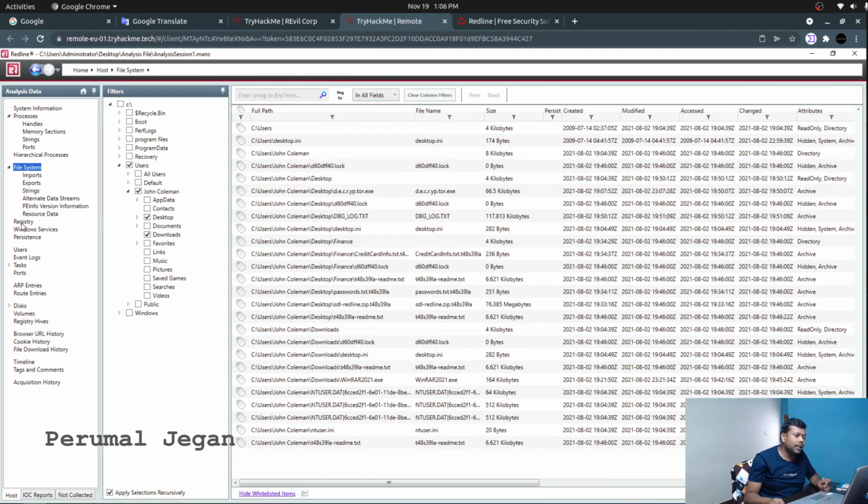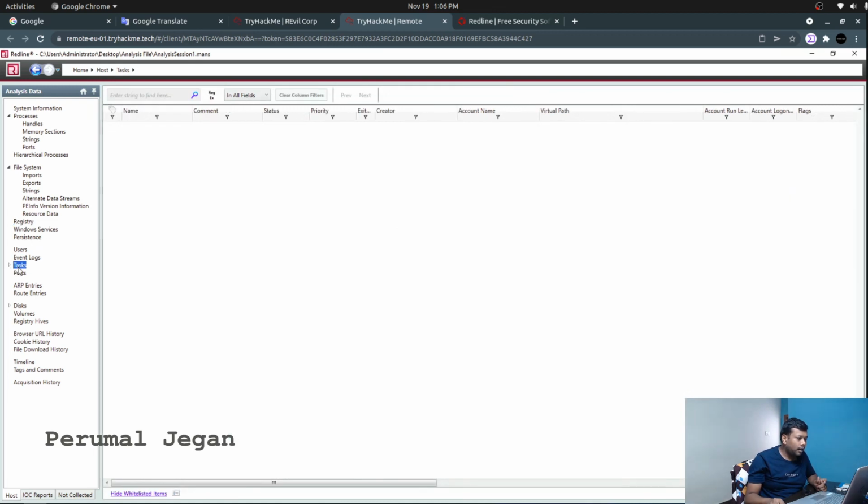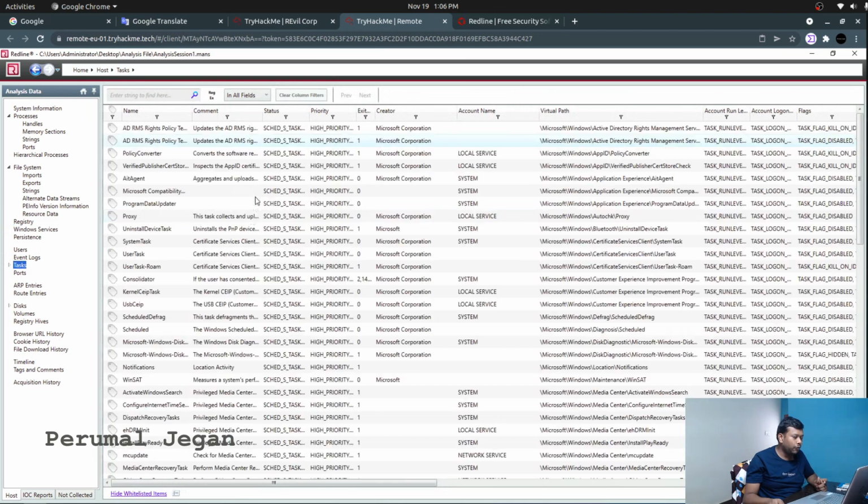Apart from that, I can see the option called registry, where we can view the changes that took place in the Windows registry. Whenever a malicious piece of software gets into the machine, it usually modifies some registry keys, so we will be able to witness those changes here. In tasks, we will be able to view the list of scheduled tasks.